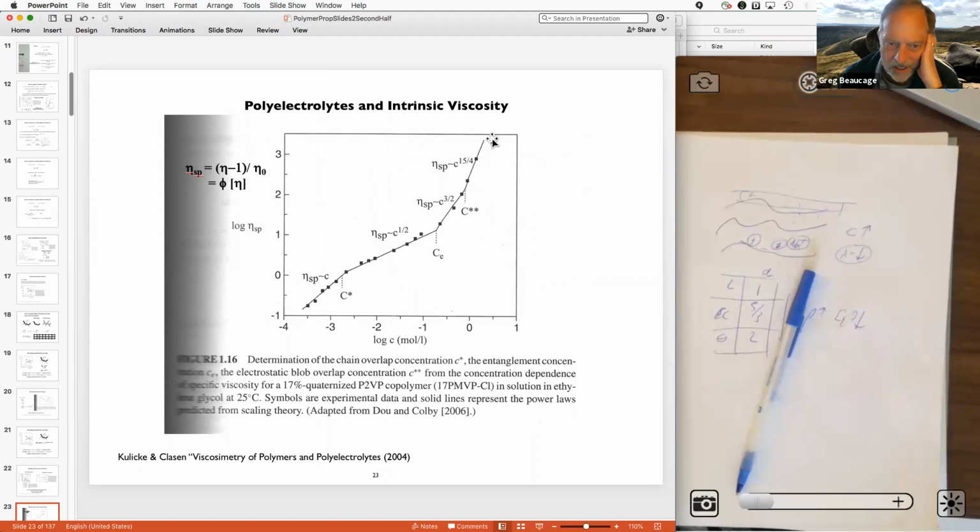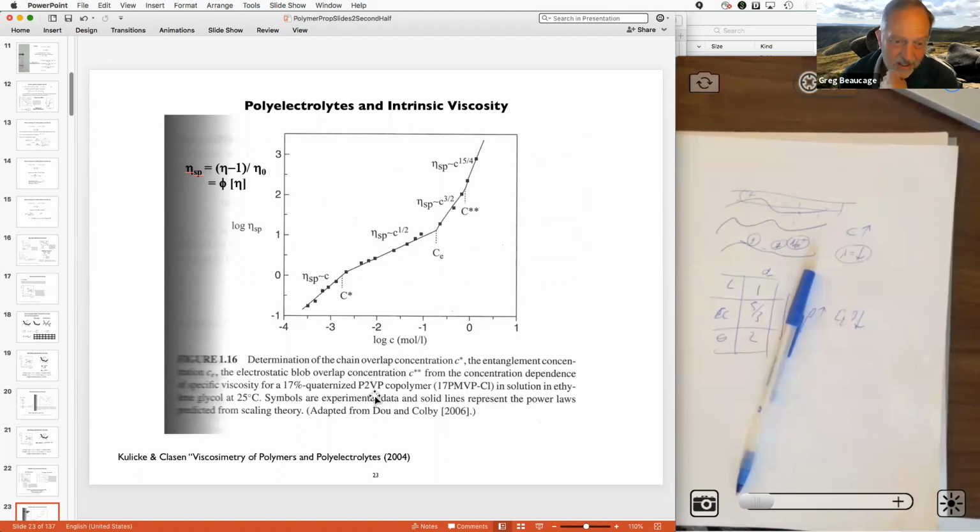linear chain. And then you can have an overlap concentration before that, and then you can have entanglement concentration, and it's separated by this weak slope part. And then once you get entanglements, it shoots up. And once you get neutralization, something else happens. So there's these various transitions that Colby can predict, and he demonstrates it with this poly 2 vinyl pyridine, which